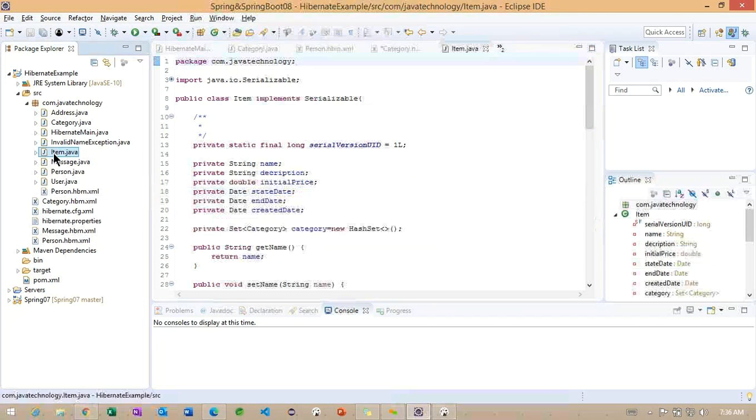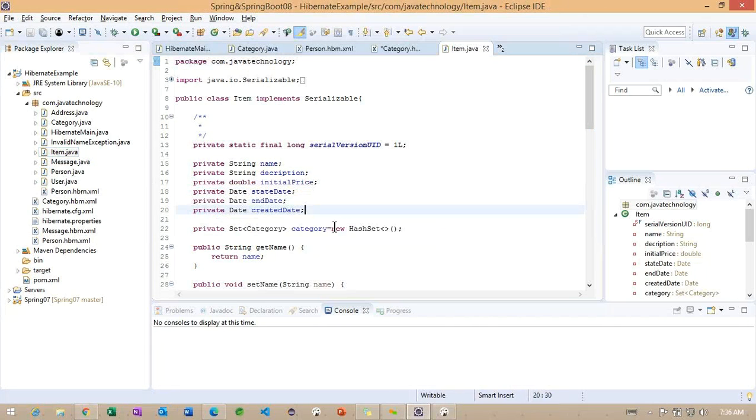Let me open item. So here also we specified set category, which is nothing but we are going to have joins here, many to many joins. First we'll check with the one to many joins. Later we'll come back to many to many. Now